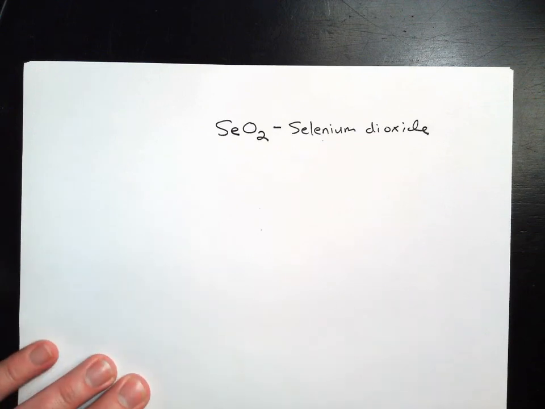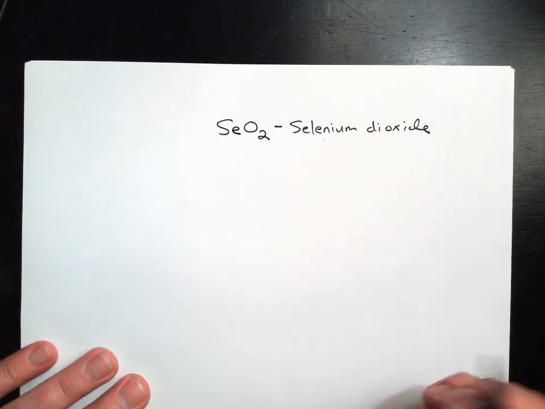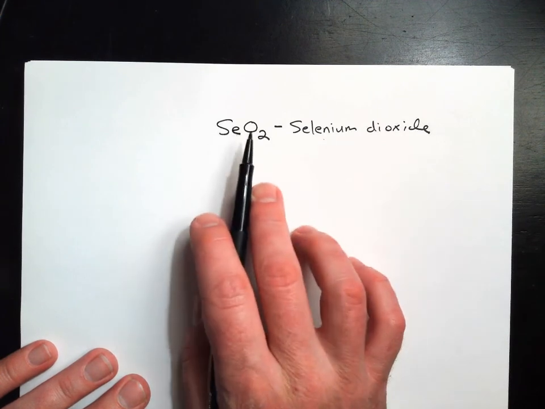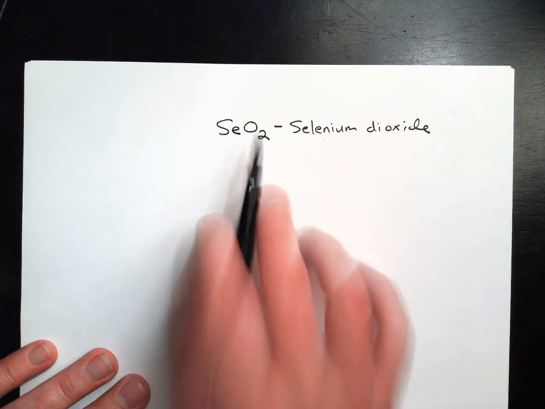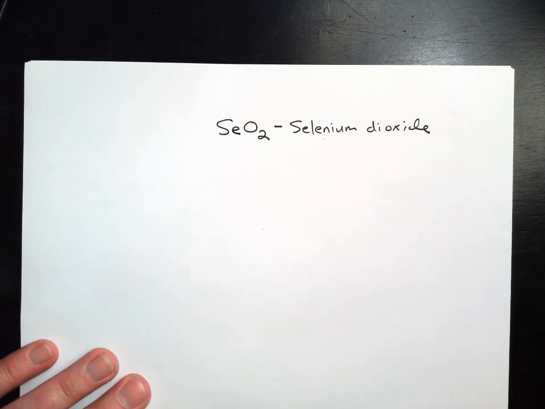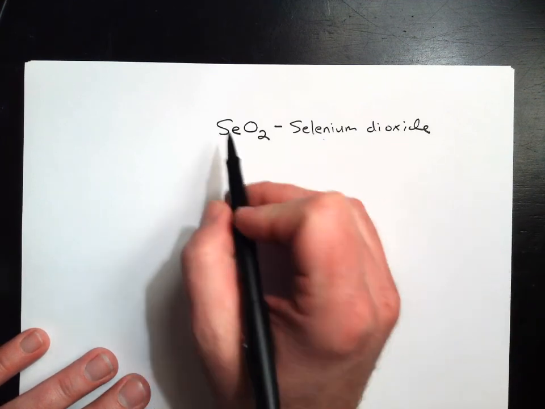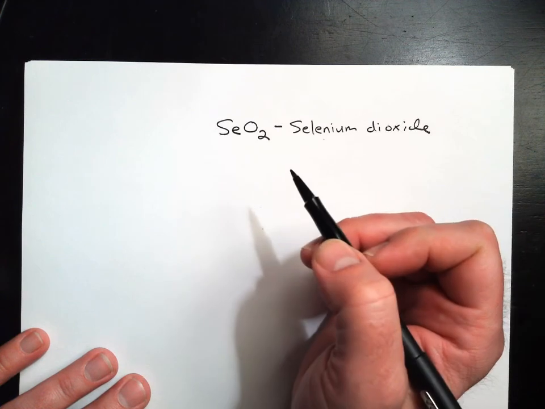Hello everyone, and this episode of Drawing Lewis Structures is brought to you by selenium dioxide, which has the formula SeO2. And we're going to draw the Lewis structure for this one again using the 5 steps from our Drawing Lewis Structures document. So step 1 is to sum the valence electrons for all the atoms that you have available,